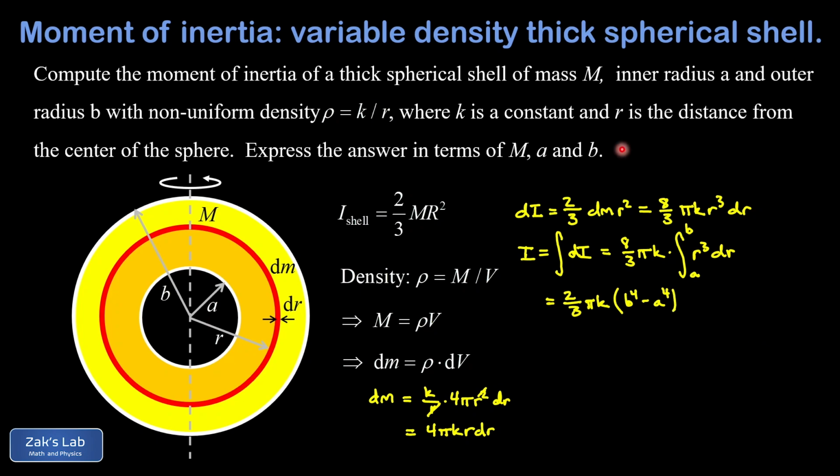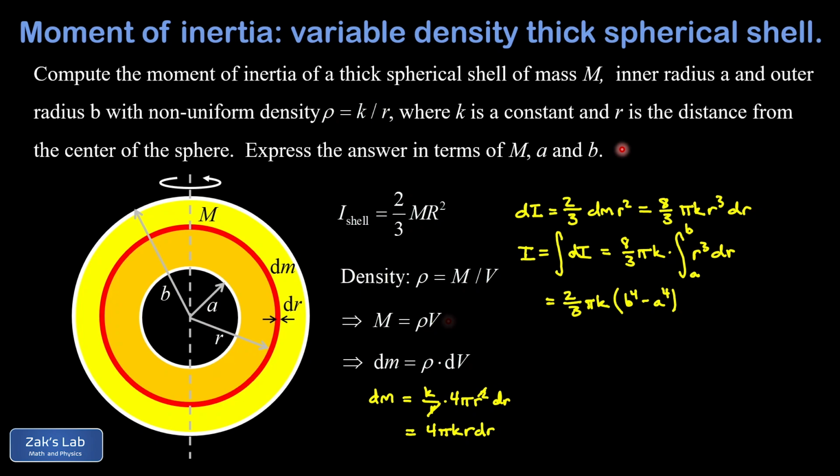But remember, we're trying to express the final answer in terms of the total mass and the dimensions of this shell. In other words, we need to eliminate k. Well, the standard trick for this is to do a mass integral over the entire object. In other words, I want to write down an integral that represents the total mass. That will come out in terms of k, and then we can solve for k in terms of the mass